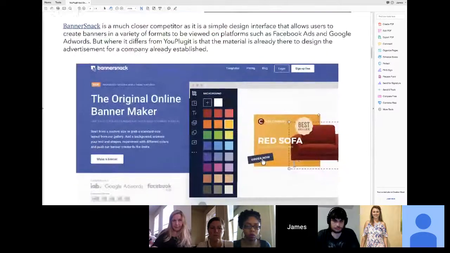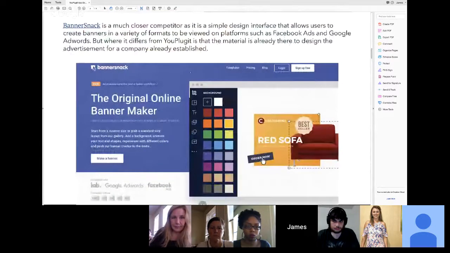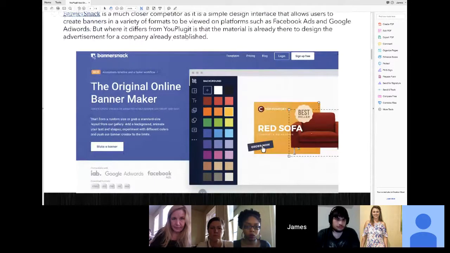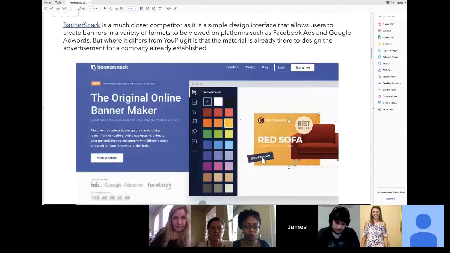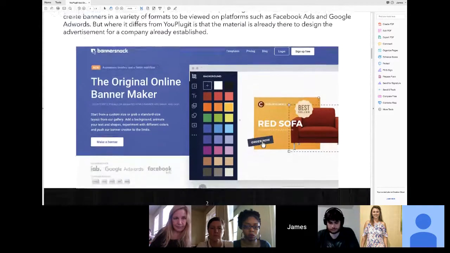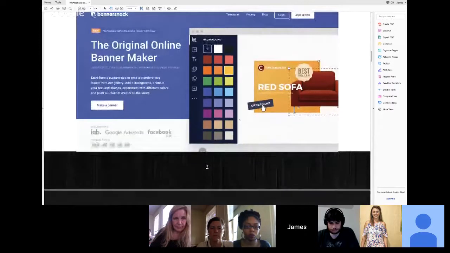Banner Snack. I'm actually really glad to have found this because I will most likely use this in my job in the future. That right there is exactly what I'm talking about. This area right here is the design template. That is dead on. It is super easy to use. It is made for producing exactly the kind of things that I want to produce. HTML5, Facebook ads, Google AdWords, the whole thing, and it's already templated in there. As you can see, the download formats are right there.